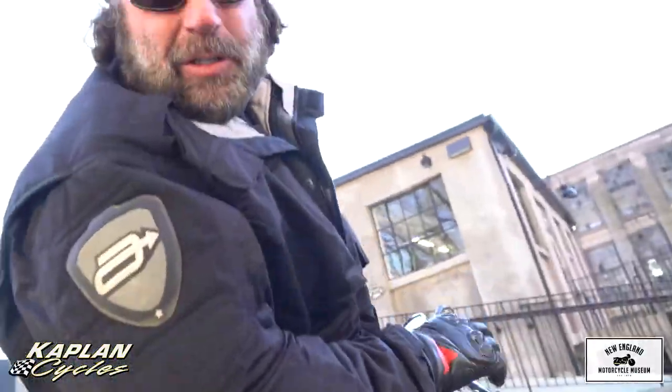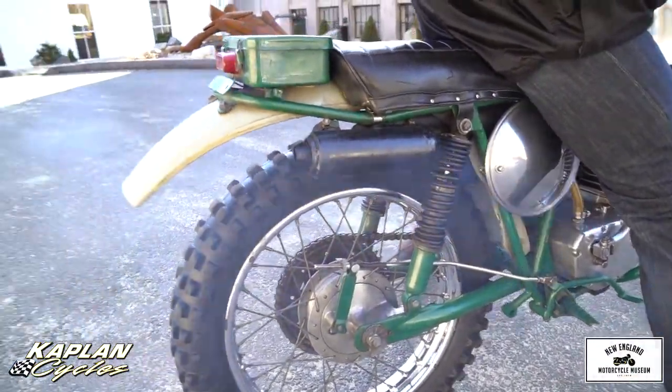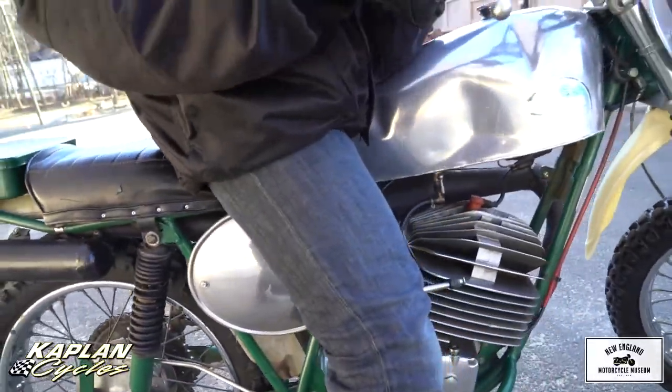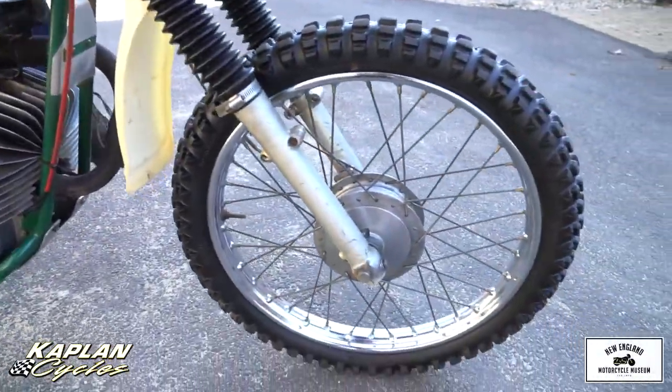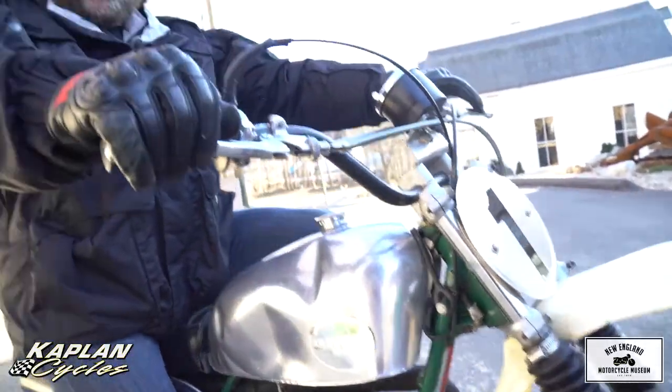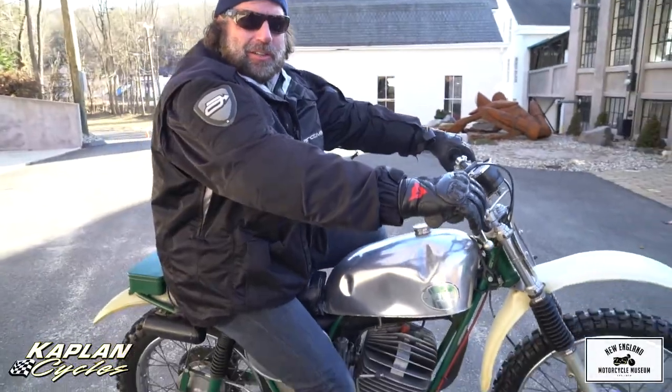Pound bit, original stock exhaust on it. Engine's tight. Got a lot of power for a 175. Hi, this is Ken Kaplan from the New England Motorcycle Museum, and I just got done cruising around the